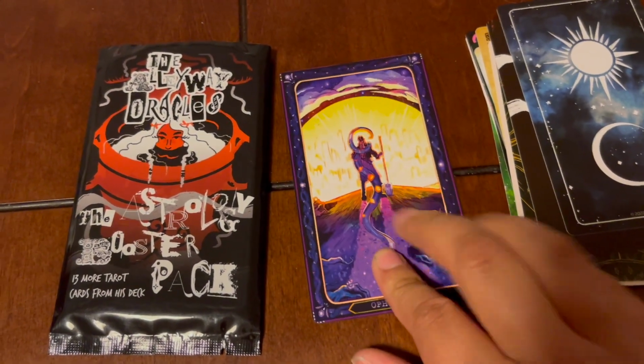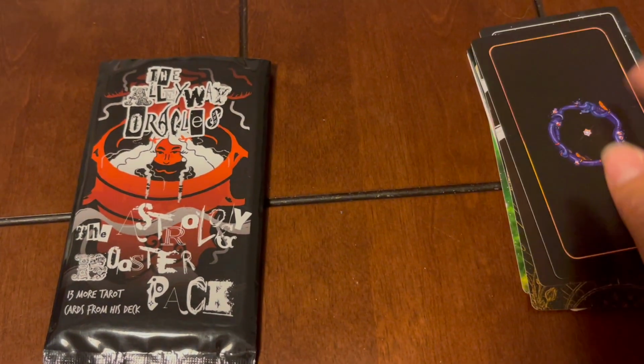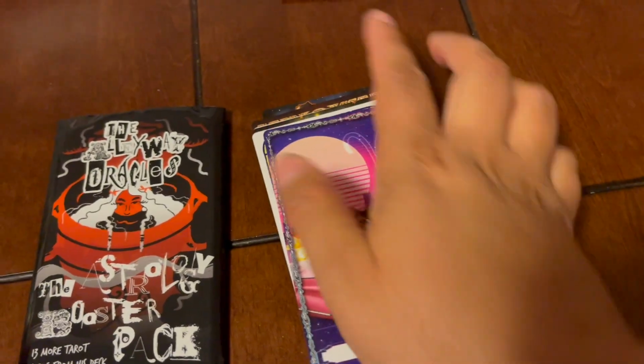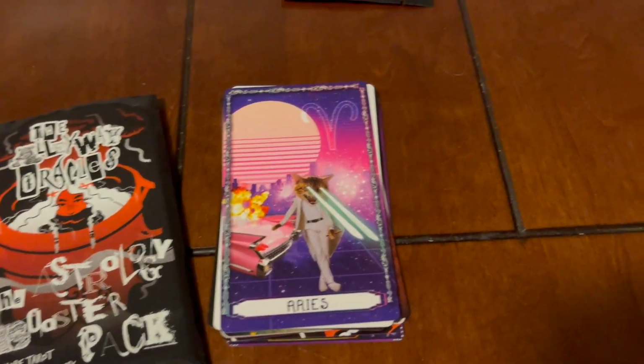And I think when I redo my astrology deck, I am going to include a card like that. It's actually going to be a full astrology deck. It's going to have a lot more. I'm trying to get closer to like 70 cards, but I did want to show the difference between,